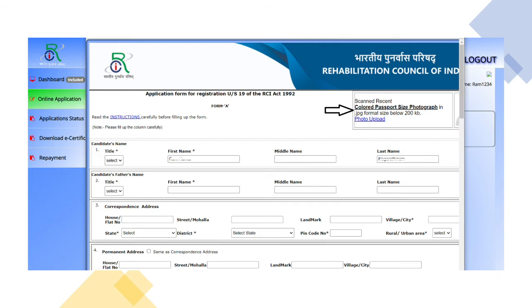Once you submit, it will open a new window. In that, we have to enter all the details that are requested. The ones that are marked with the star or the asterisk are mandatory. If you miss anything, you cannot go to the next step. It will keep reminding you that you have left something unfilled. We will start with attaching our photo.